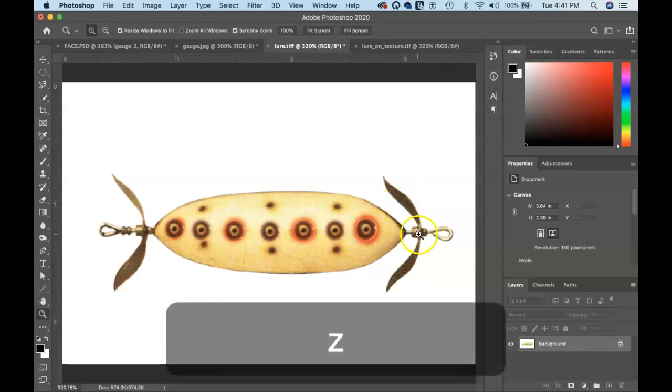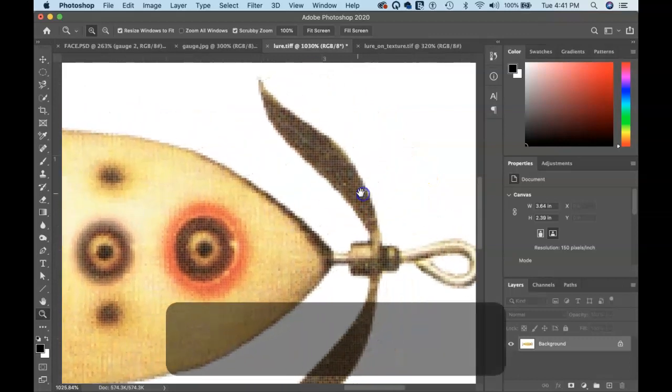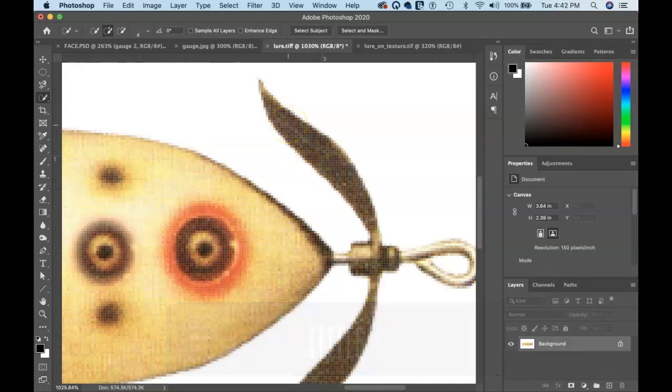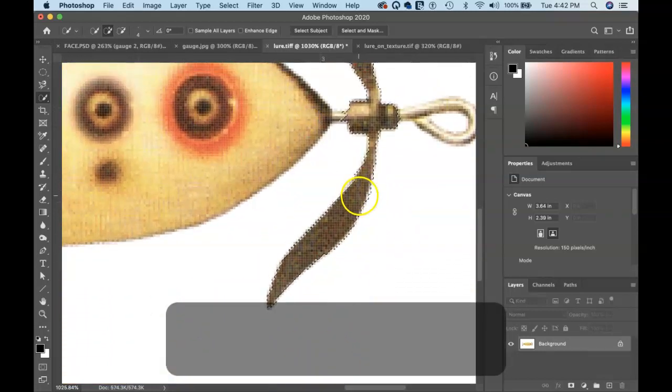Now watch this. As long as your brush size, let me zoom in again here, as long as your brush size is within the object that you're selecting, and you click and drag, it's almost like using a brush to make a selection, right? I can click and drag, and look what happens when I stray out here into the white background. Oh, I got something I didn't want. I'm going to hit Command Z to undo that. But as long as I keep my brush small enough,